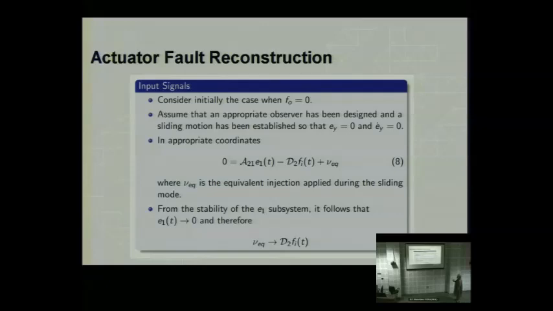Just as we did for the pendulum with the disturbance signal, the same analysis holds. E1 will go to 0, nu equivalent will map to something that's related to the actuator fault, and just as we did this morning,